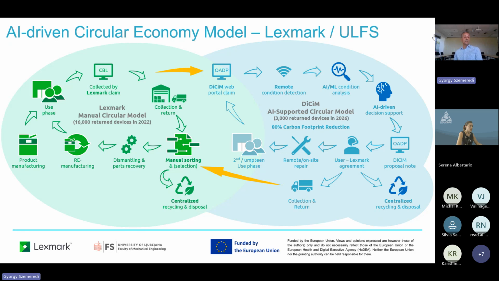So we need to bring the printers back to the warehouse, to the return center, and we start analyzing the printer condition and the component conditions, after we have already shipped the printers from Spain to Kiel, to our warehouse, and in Poland, which is our return and remanufacturing center. That is the moment when we receive the units back. We have already generated footprint, which is not really an ideal case.